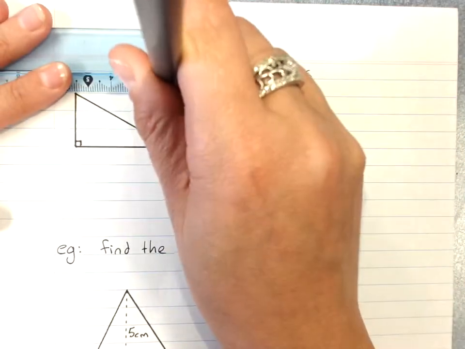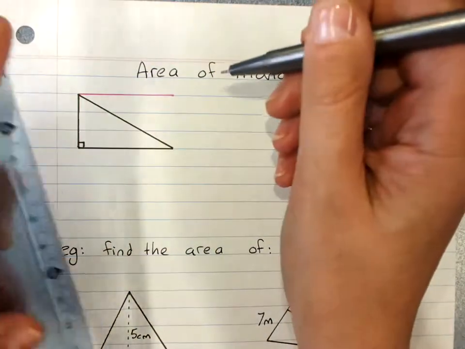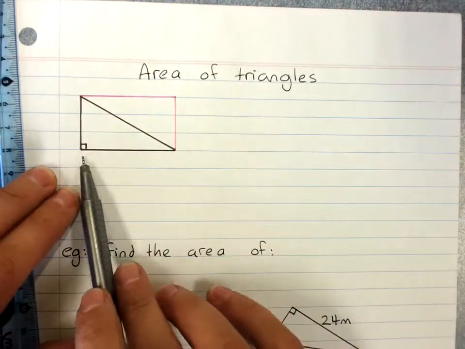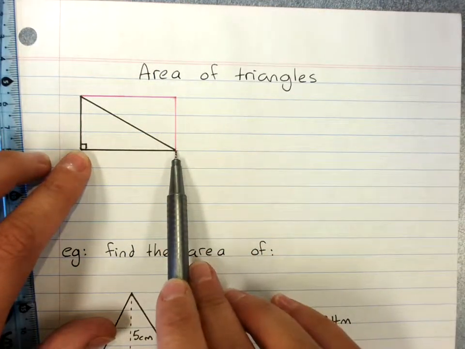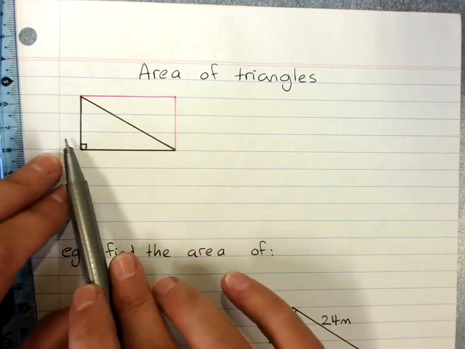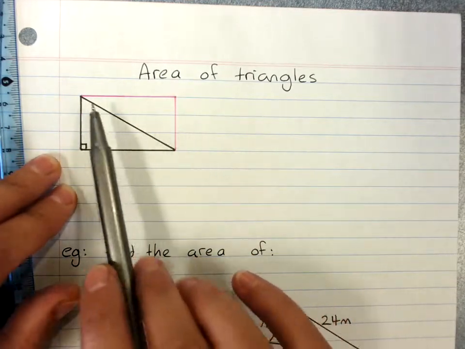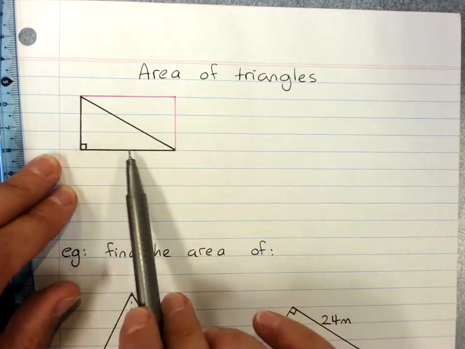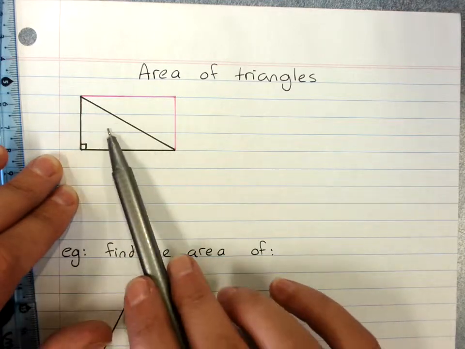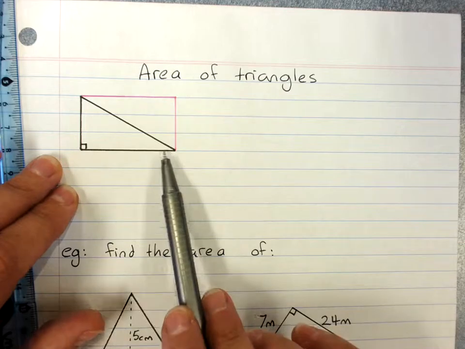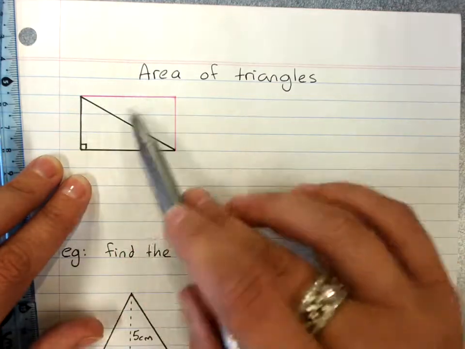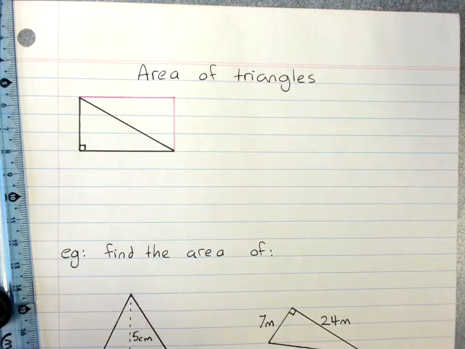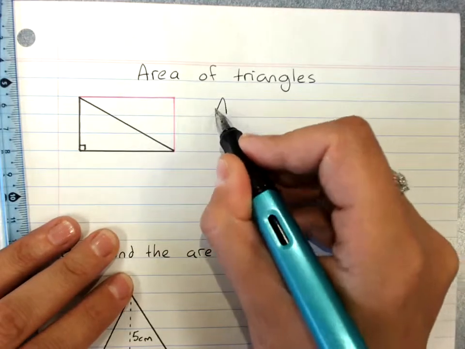every triangle is exactly half the area of a rectangle with the same base and height. We know how to find the area of this whole rectangle because we found that before. It was area equals length times width, the two dimensions that are at right angles to each other. But if I do these two multiplied together, I'll get the area of this whole rectangle. The triangle only takes up half of it, so the area of a triangle